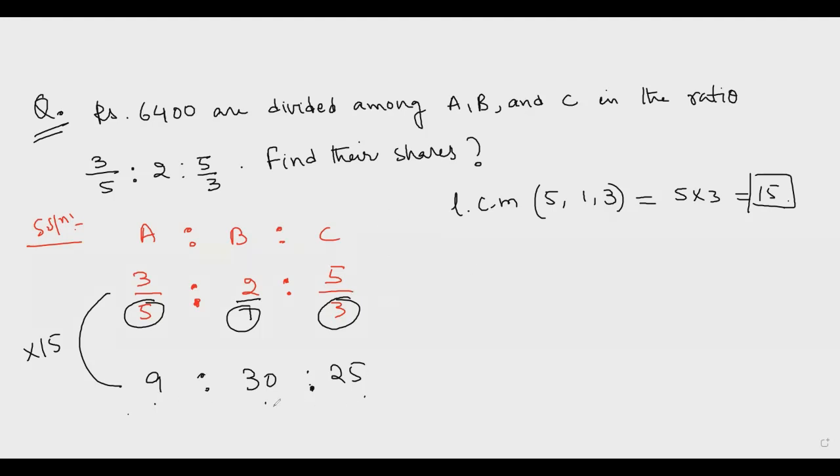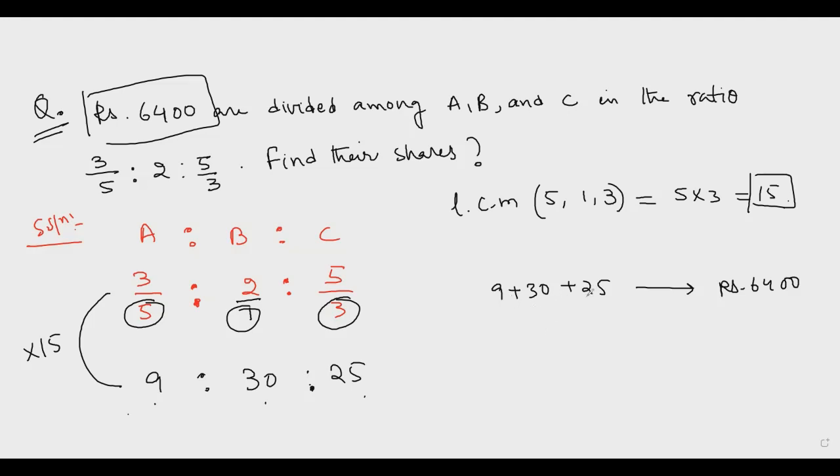Now, total. In actual it is going to be 6,000, 400, right? From here,